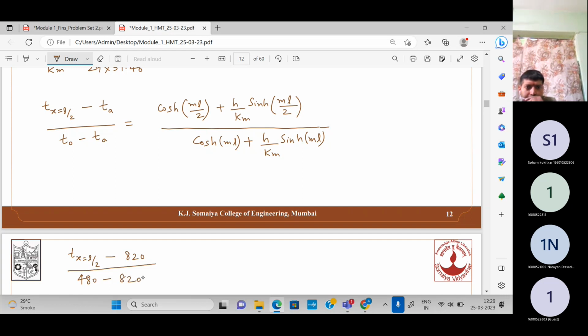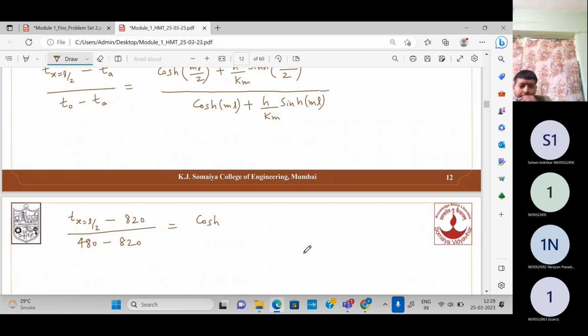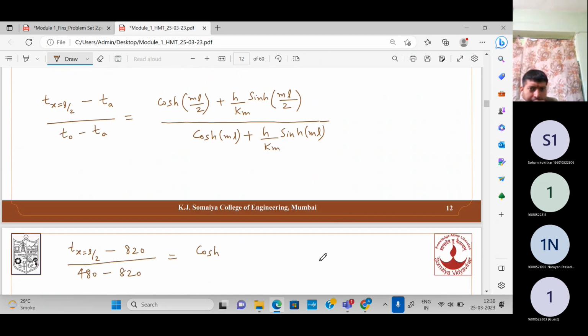Minus TA is 820. It is equal to cosh. The value of mL we have already found. mL is this 3.087 and h by km is 0.214. Okay, just put all the values. cosh mL by 2, mL is 3.087 divided by 2, plus h by km is 0.214, into sinh mL, that is 3.087 divided by 2,